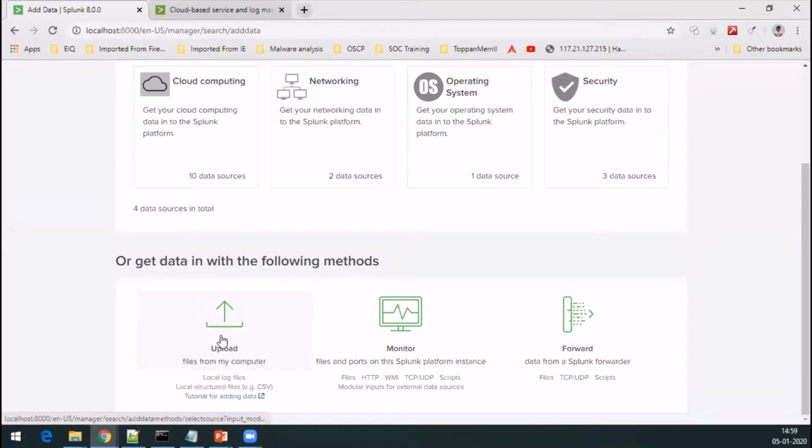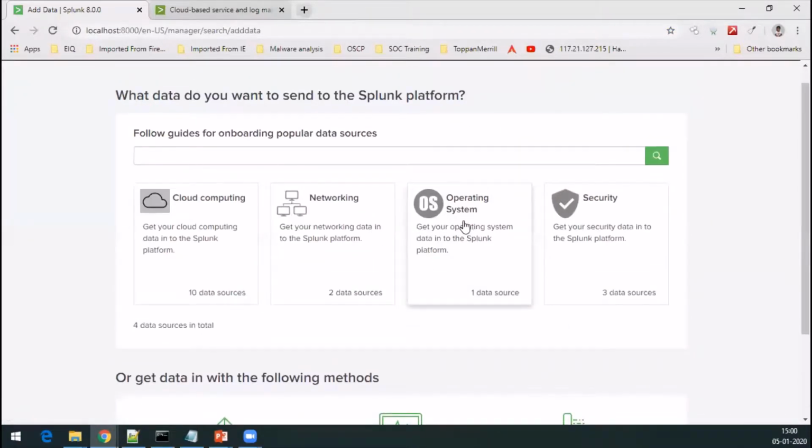I can have sample data, upload from my computer. I can install a forwarder, install a server and push the forwarder onto the remote VM or the server which I installed on the virtual machine, and then get the data from there. And this is how I push my operating system data.